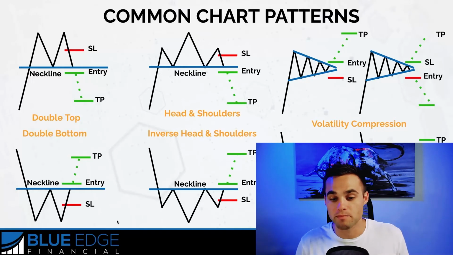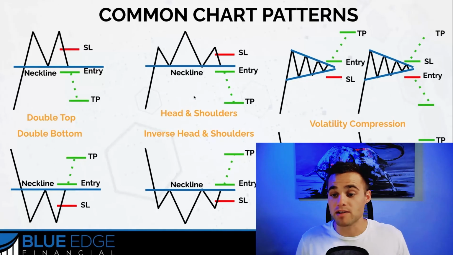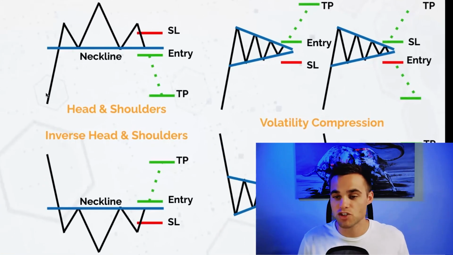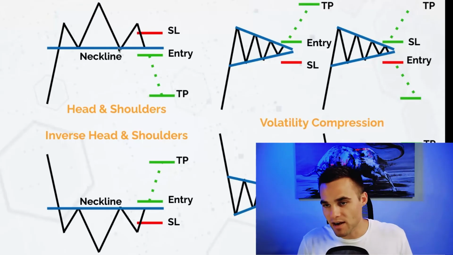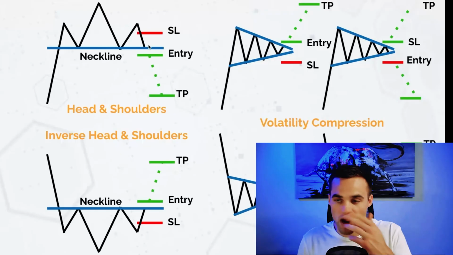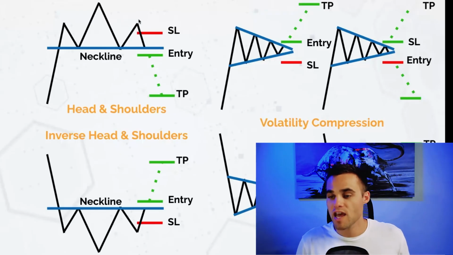Now, the next chart pattern that we're going to talk about is something called the head and shoulders. And essentially what this means is there's this head here, price comes up, doesn't want to go, comes back to the neckline, price goes up even higher, okay? And it forms this head, comes back down to the neckline, comes back up to this previous shoulder or somewhere around the previous shoulder. It's not always perfect. And then price starts falling back downwards. This is called a head and shoulders pattern.